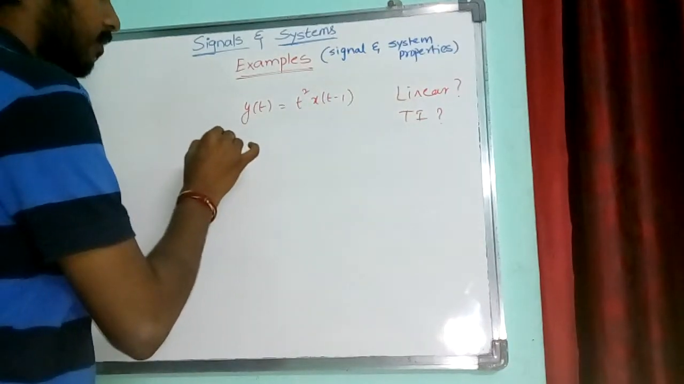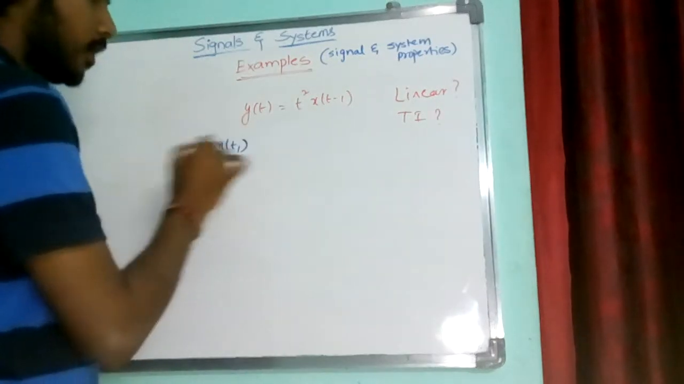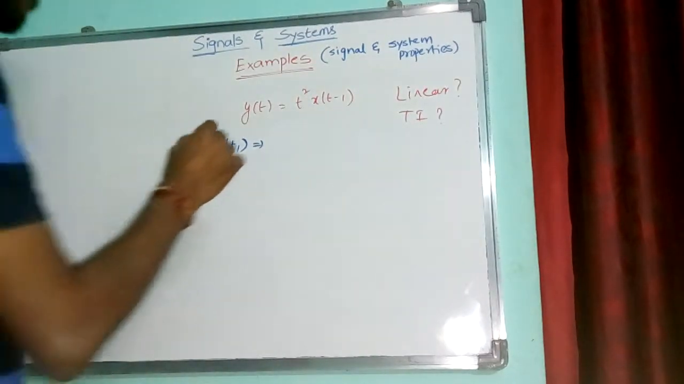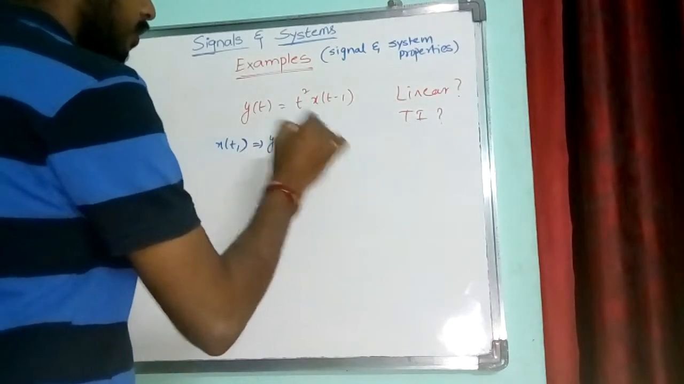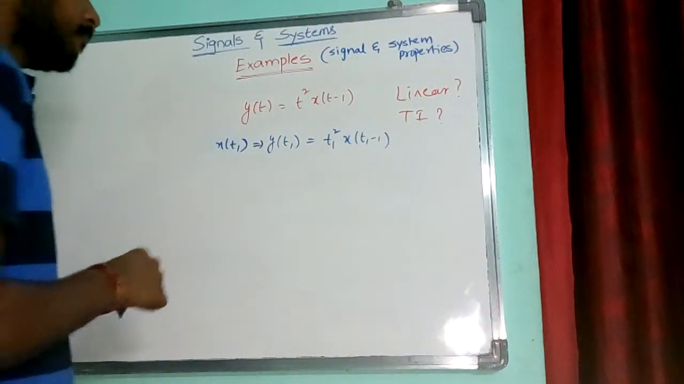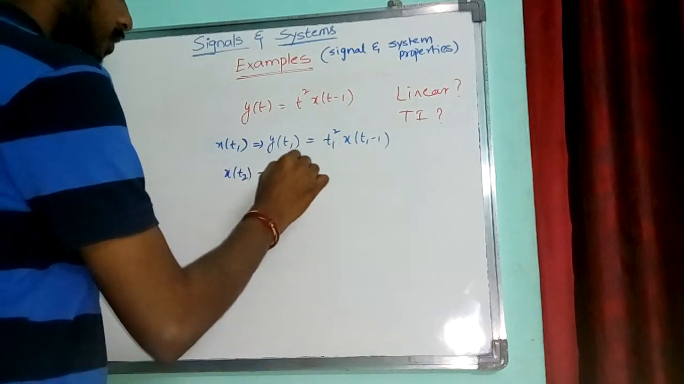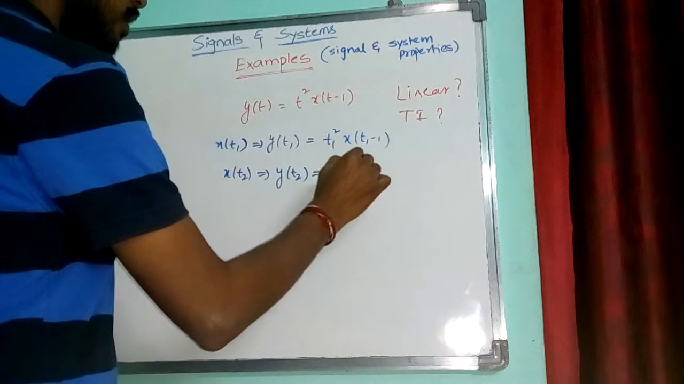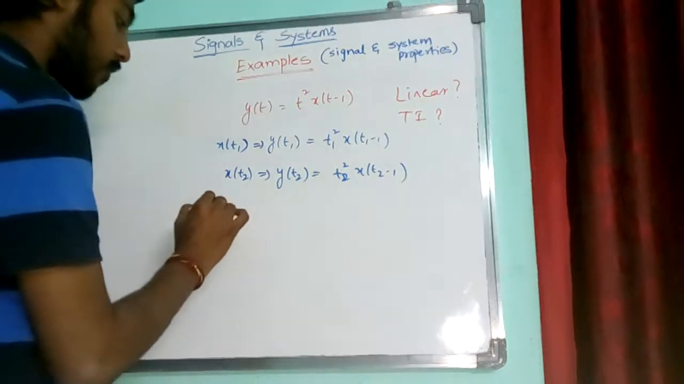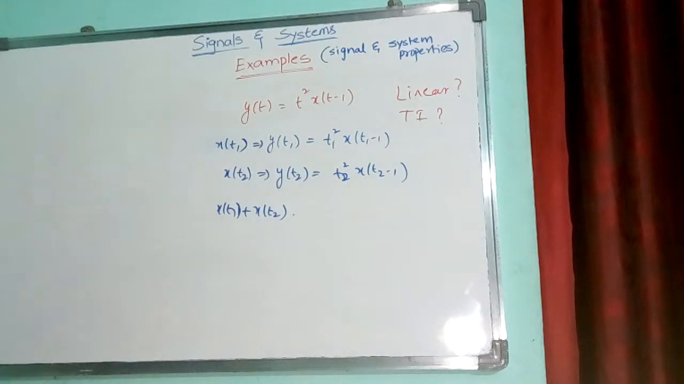Now if x of t1 is my input, then y of t1 will be the output, which will be t1 square x of t1 minus 1. Similarly, if x of t2 is my input, then y of t2 will be the output, that will be t2 square x of t2 minus 1. Then when both x of t1 plus x of t2 are my inputs,